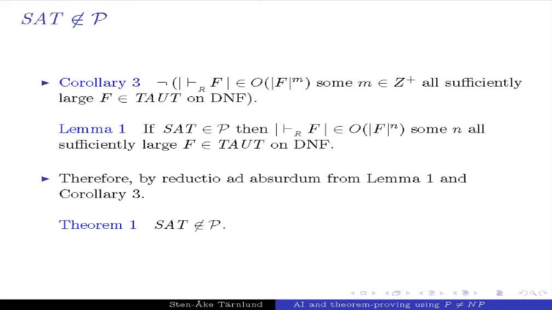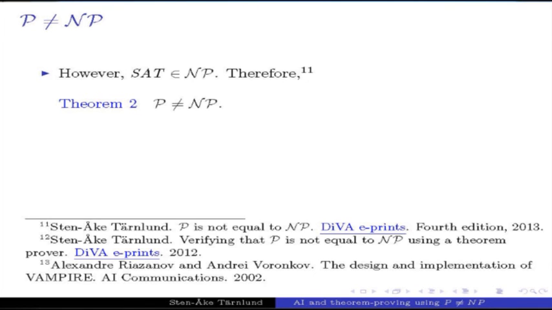Okay, but SAT is in NP. And there are two sets. So NP has a member that P doesn't have. So they can't be the same set. So we immediately get P is not equal to NP. Okay. Now then,